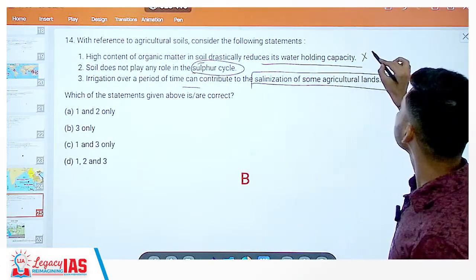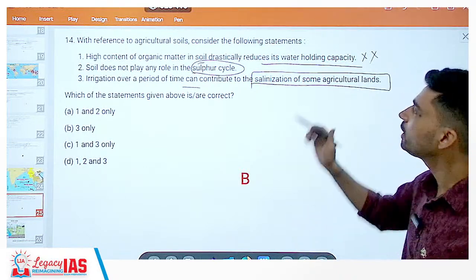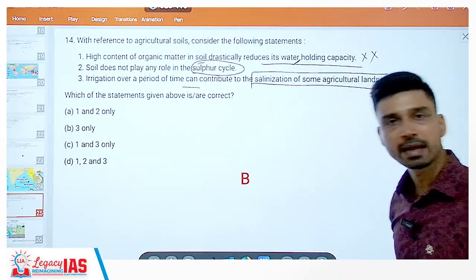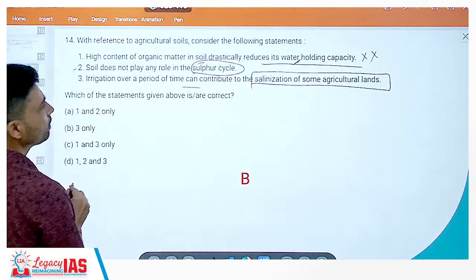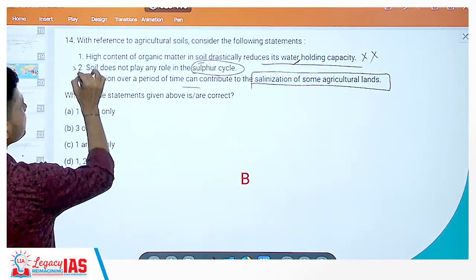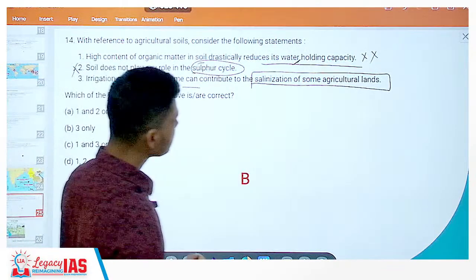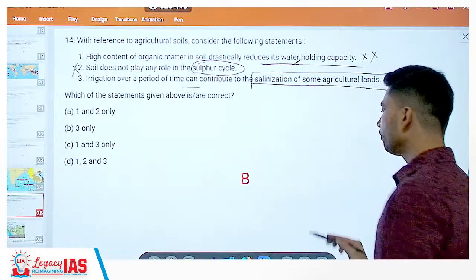That means this statement is incorrect. It actually will increase the water holding capacity of the soil. Second, soil does not play any role in the sulfur cycle. This is also an incorrect statement, because in the sulfur cycle, if we talk about the sulfur deposits, we have huge